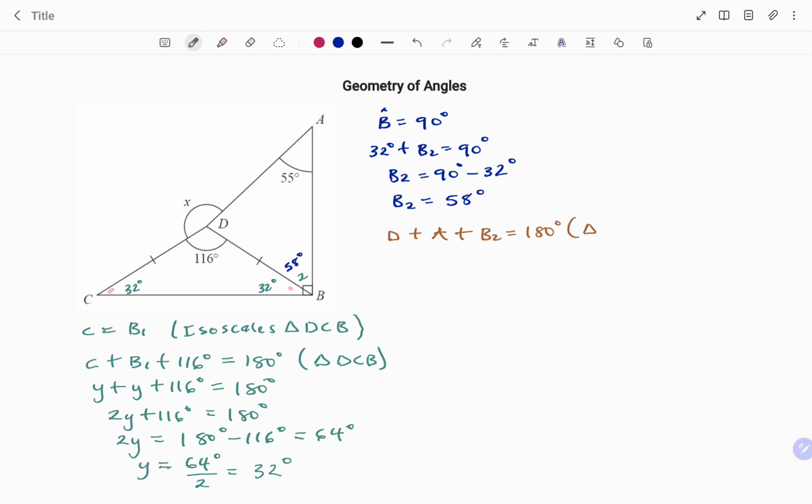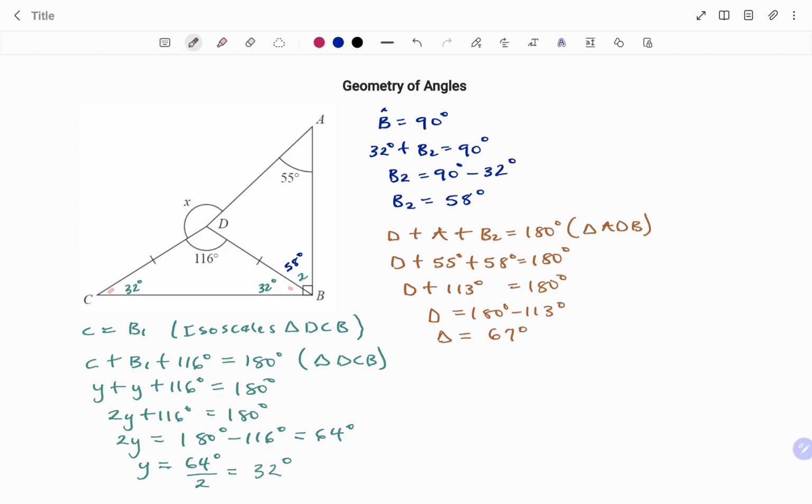The reason being the sum of angles in the triangle ADB. I have angle D, which is the angle I'm looking for, plus angle at A, 55 degrees, plus angle B2, 58 degrees, equals 180 degrees. I have angle D plus 113 degrees. If I add 55 plus 58, that's equal to 180 degrees. Therefore, the value of angle D equals 180 degrees minus 113 degrees. D is equal to